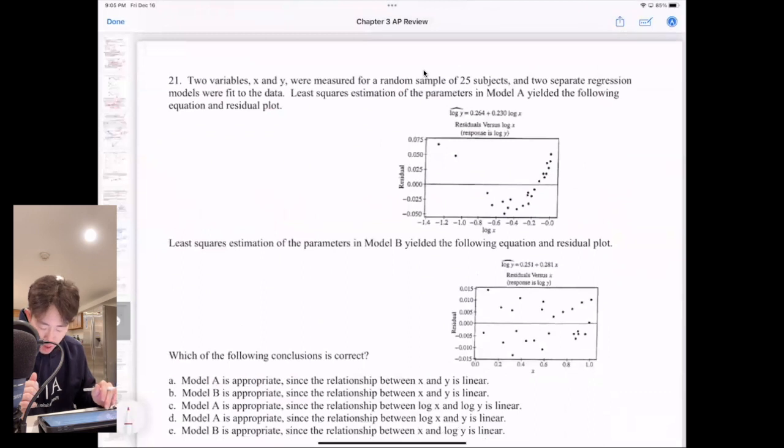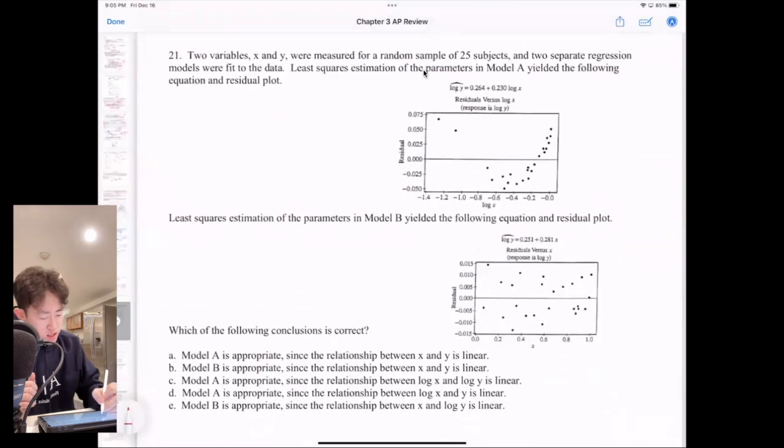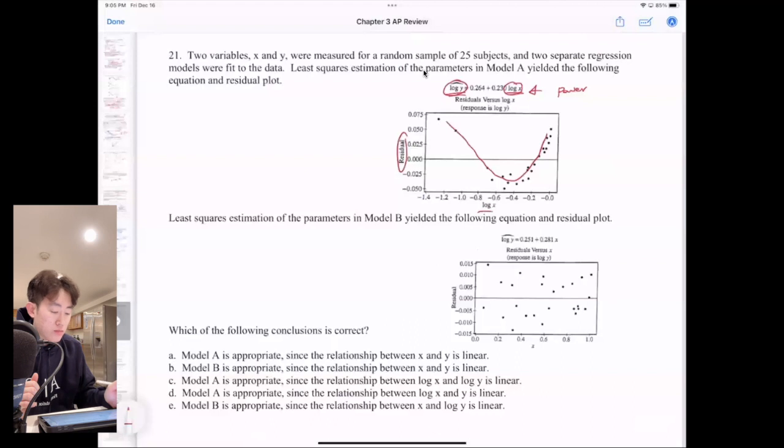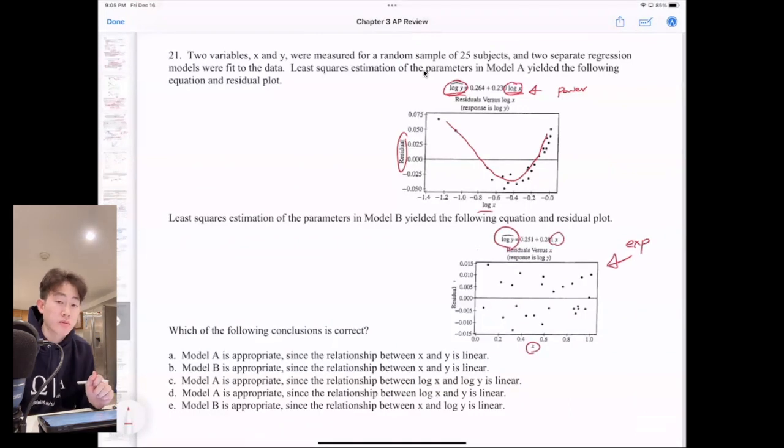Okay, so 21, we have the residuals with the log of X. Clearly see a pattern, and as you can see, this is what I meant. That's the example of a power function, where both log of X and log of Y are presented. The X and Y, they're both taking logarithms of. And if you take a look at this, this is called exponential because you have regular X and you have a log of Y. Only Y has been taken logarithm of.